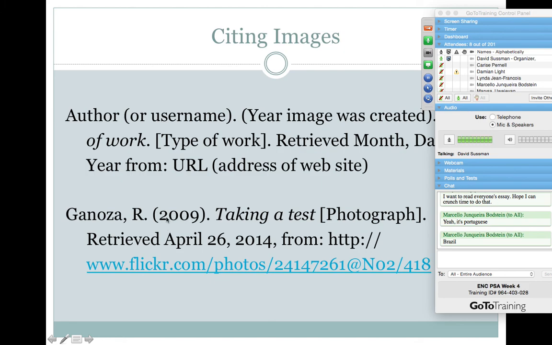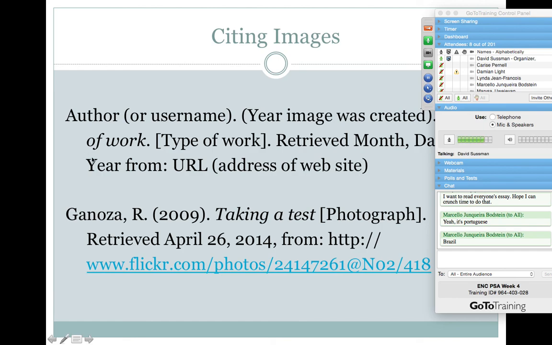So if there's no date, you just put ND, right? So APA format, the rules you already learned. If there's no title, then there's no title. You just leave that out. Again, you just follow APA rules. You plug in what you have. You either ignore or put in abbreviations for what you don't have. But it's not that difficult. Same basic principles. We're just applying it to images and music.